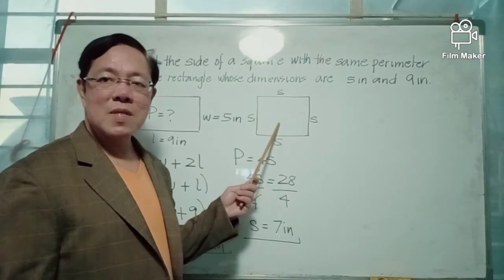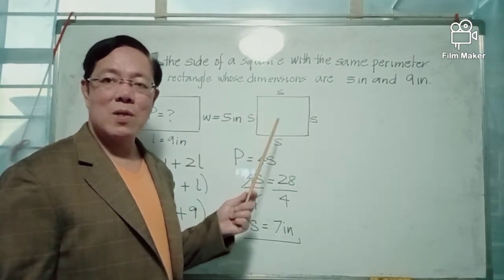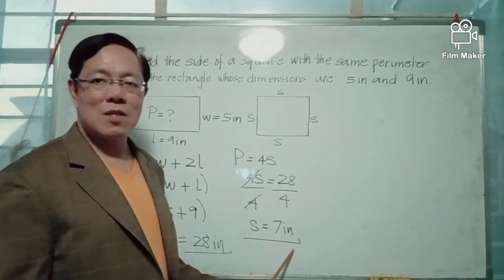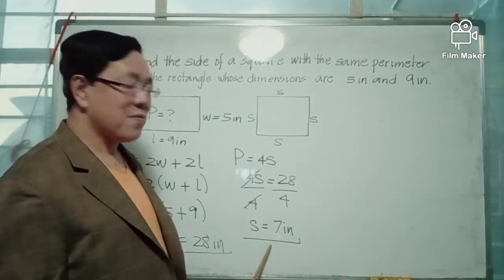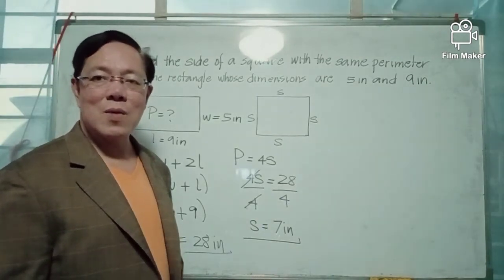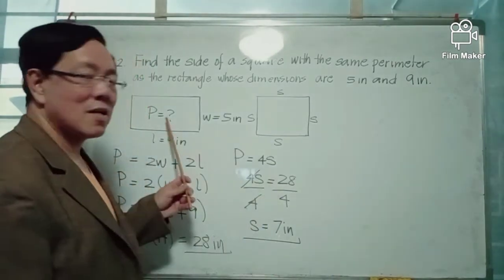Thus, the length of the side of the square that we are looking for is 7 inches. Now, we can also find this side of the square with the same perimeter as this rectangle